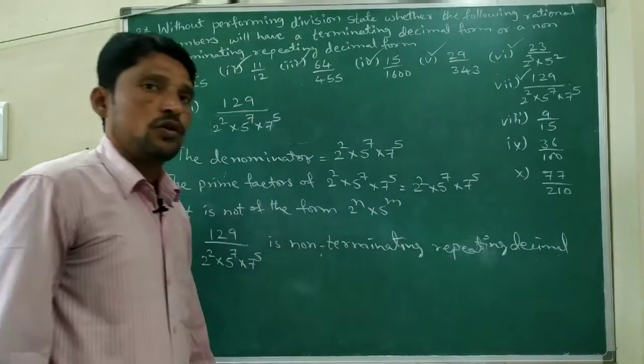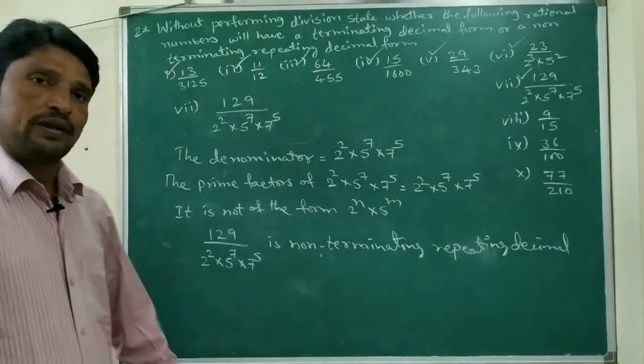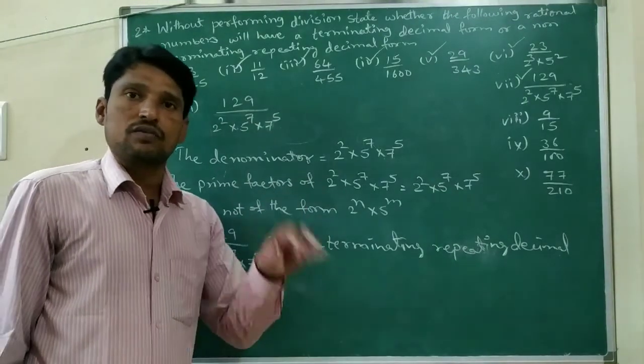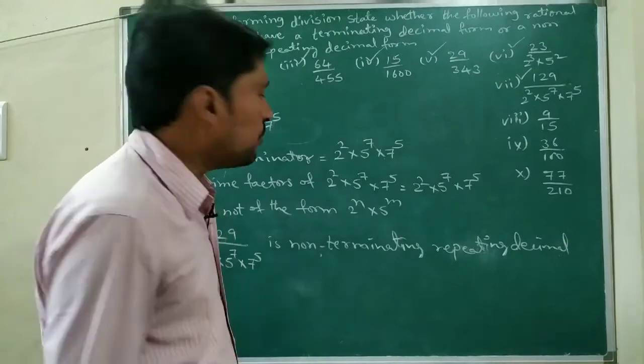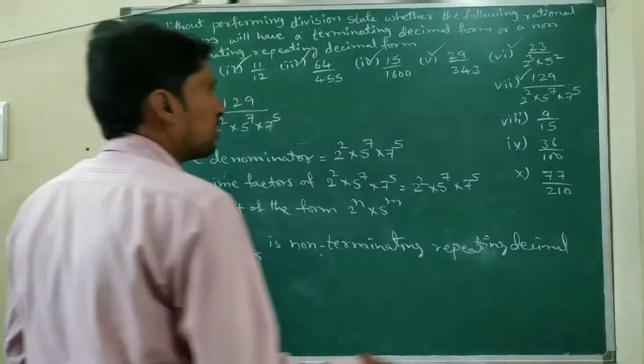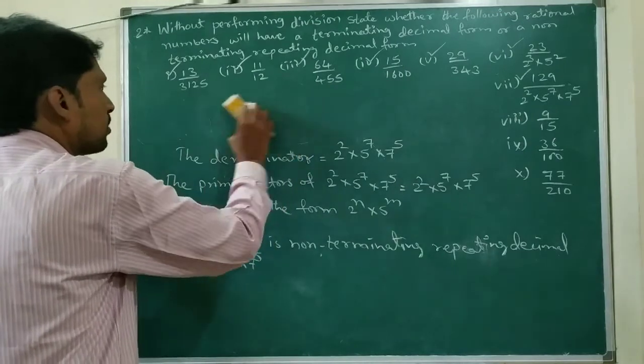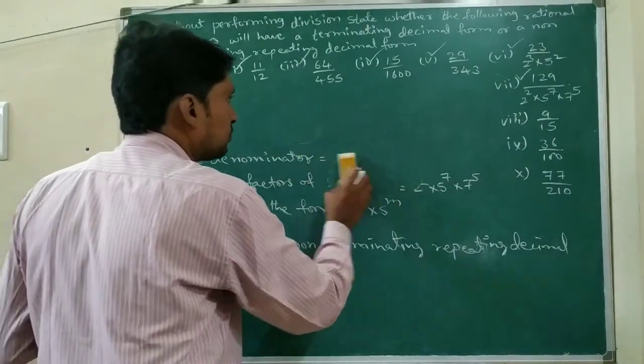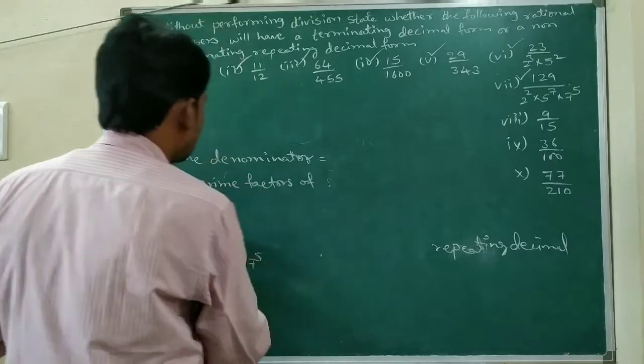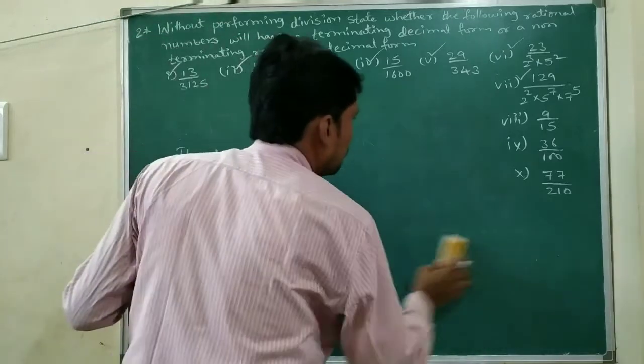Decimal. So when the denominator is of the form 2 power n into 5 power m, it is terminating, otherwise it is non-terminating. Now the 7th one is also completed. The 8th one, that is